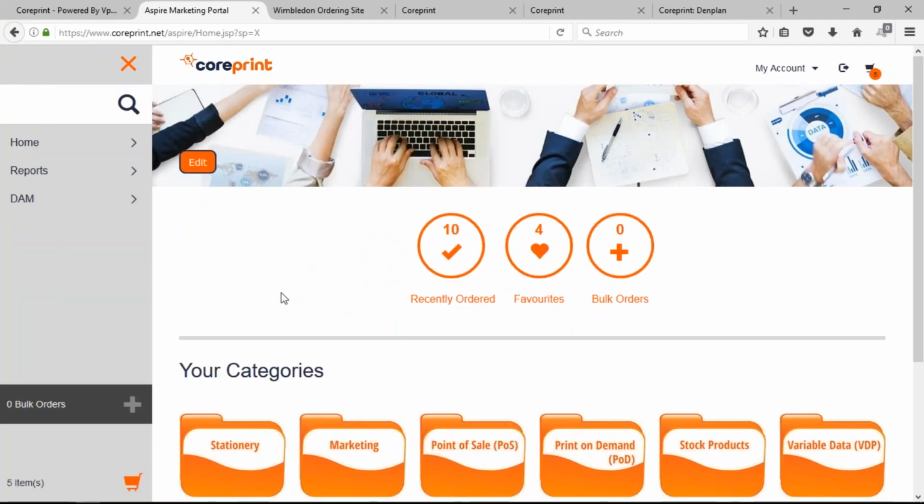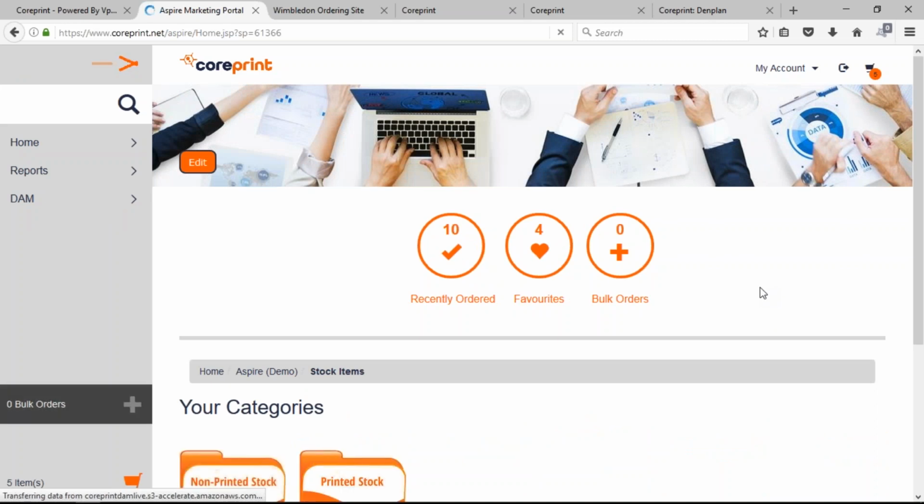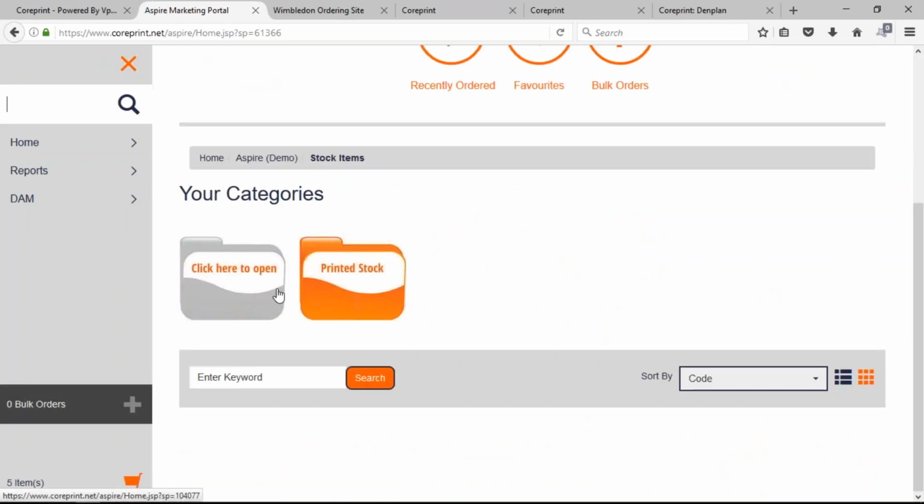And then I move down to the categories, and on this particular example I have 6 categories listed there. If I just look at one of those categories now, I'm going to go into stock products, and I've got the option here for printed or non-printed stock. The categories, the iconography can be anything you want. You can amend that yourself. The words there you can amend, and the products you can manage in a number of different ways. I've just gone for non-printed and printed stock. I'm going to go into printed stock here,